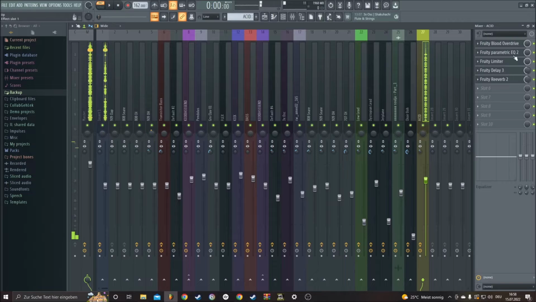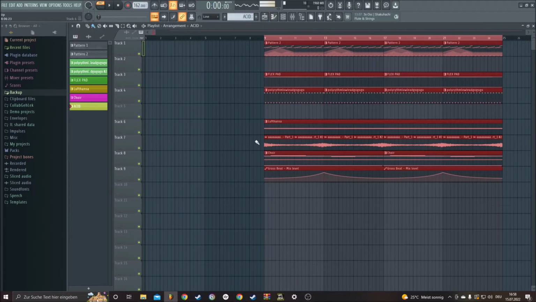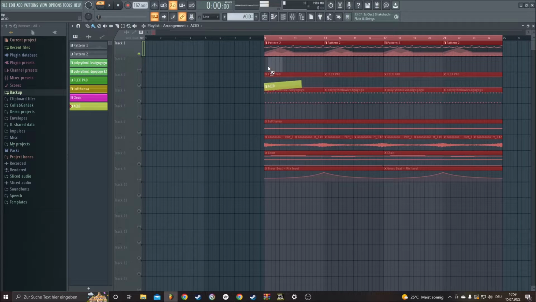All right. So let's see what kind of melody we actually need from this song. Let's add the acid line here. Let's just make it